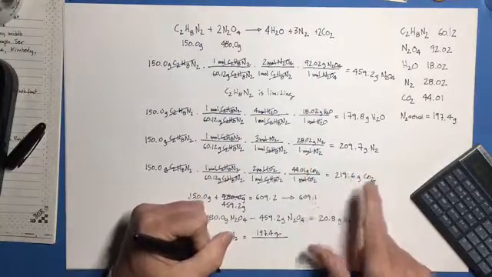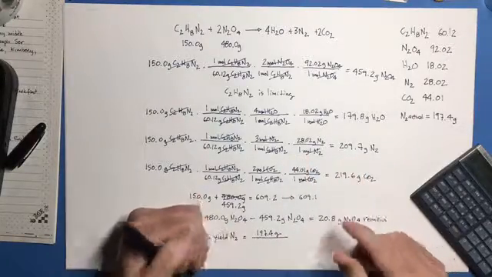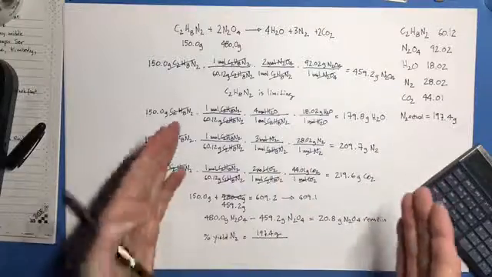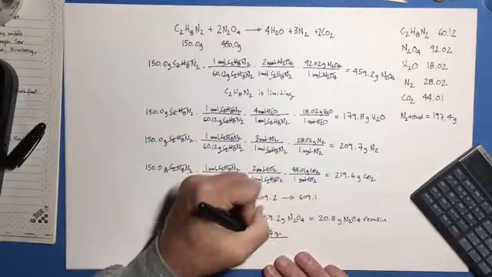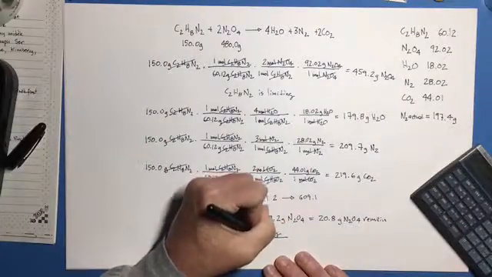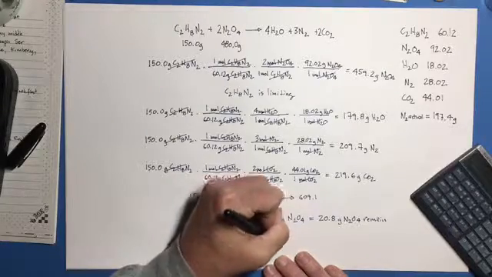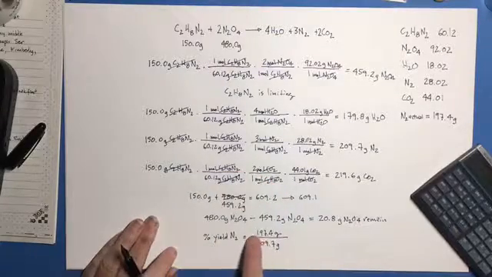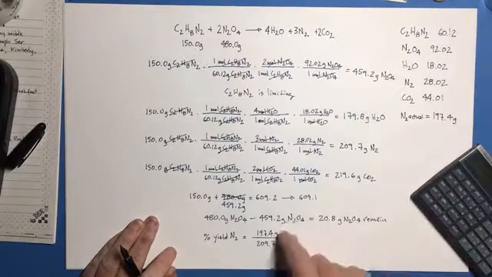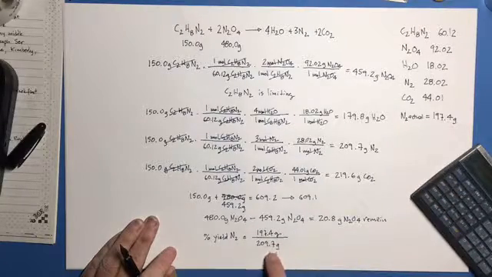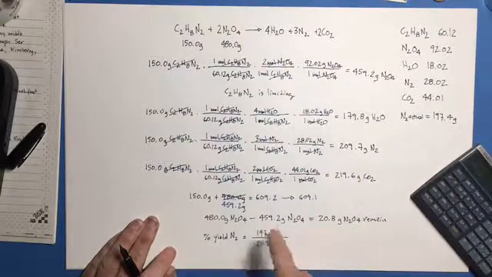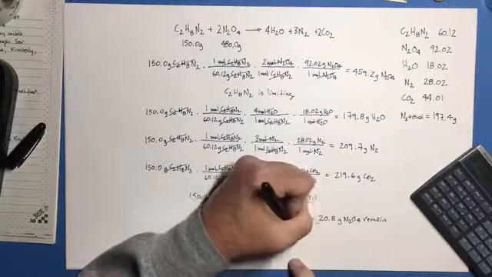And stoichiometry always gives us the theoretical amount, the amount that we would get if we had an absolutely perfect reaction, which of course never really happens. So that's 209.7 grams. So the actual amount, we got that from measuring, and the theoretical amount, we got that from stoichiometry. So actual divided by theoretical times